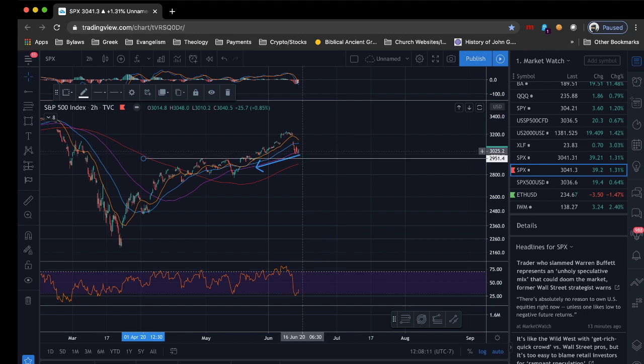And ultimately what we did on Friday is that we came close and we bounced up from not the 2950, but instead a little bit higher. What held us was the 100 moving average, which is good. I mean, it still gives us sort of a bullish case here. However, it doesn't mean that we are done yet.